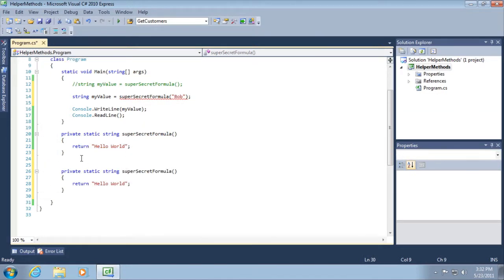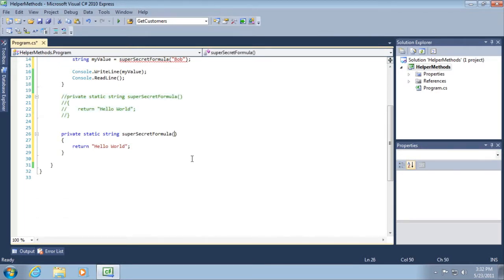And I know I just said copy and paste is an enemy, but there's a reason I want to do it this time. All right, I'm going to come back to that in just a moment. So here, what I want to do is create an input parameter of type string called name. And then what I want to do is